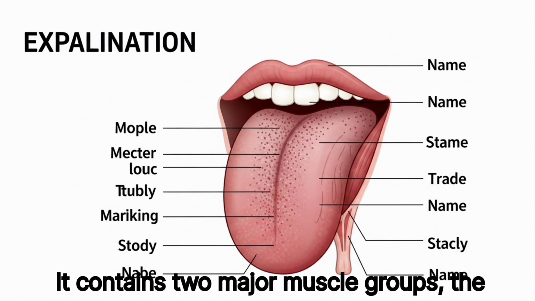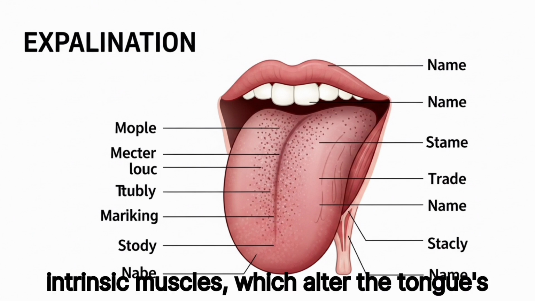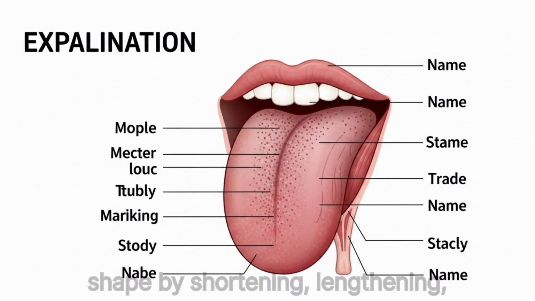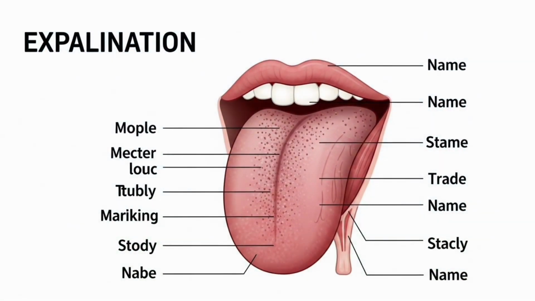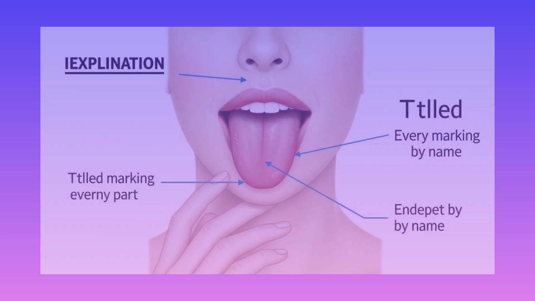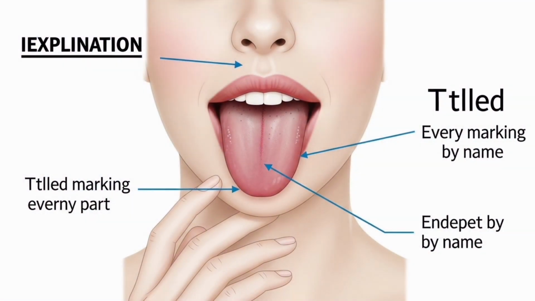It contains two major muscle groups: the intrinsic muscles, which alter the tongue's shape by shortening, lengthening, flattening, or curling it, and the extrinsic muscles, which control its gross movements such as protrusion, retraction, elevation, depression, and lateral shifting. These muscles work in harmony and provide exceptional flexibility and precision, enabling complex actions such as speech articulation, swallowing, grooming,